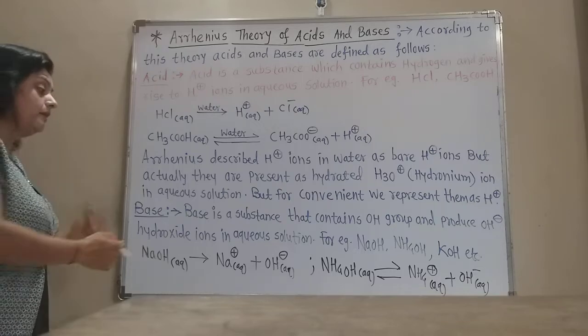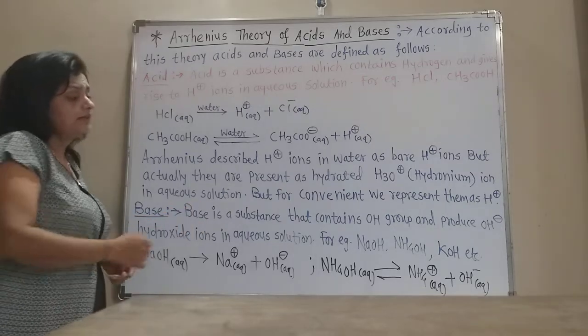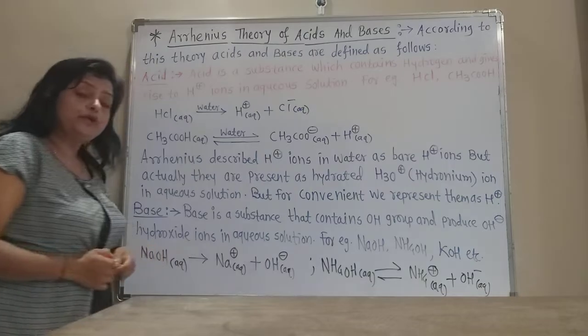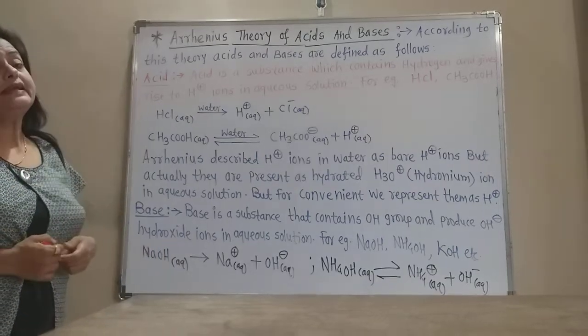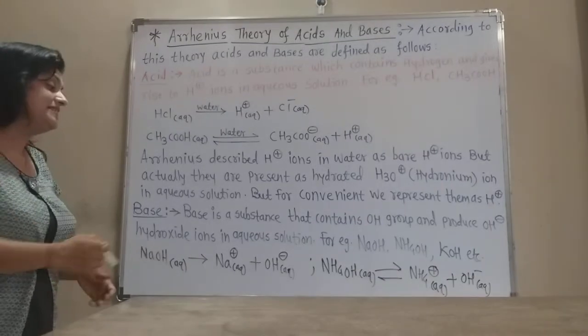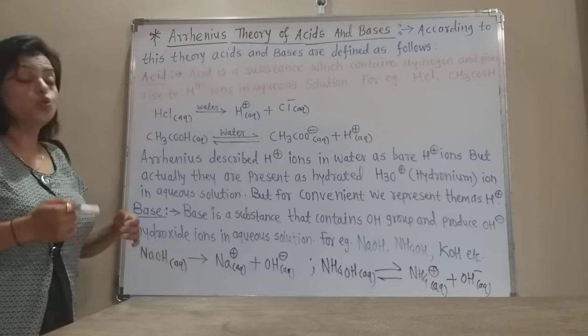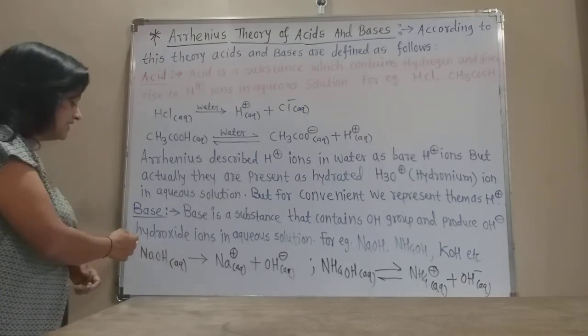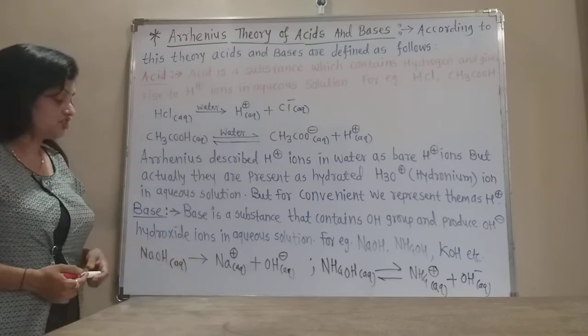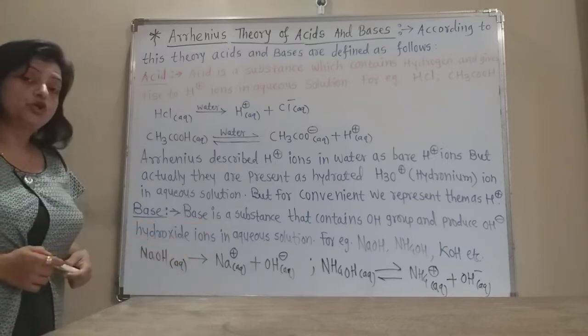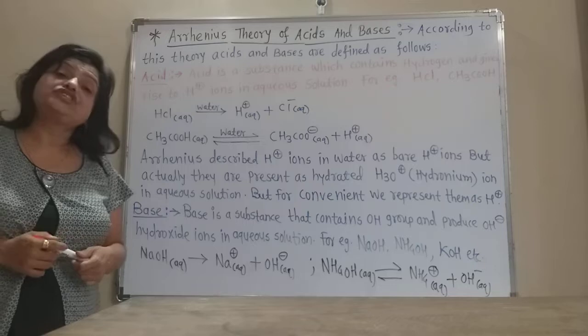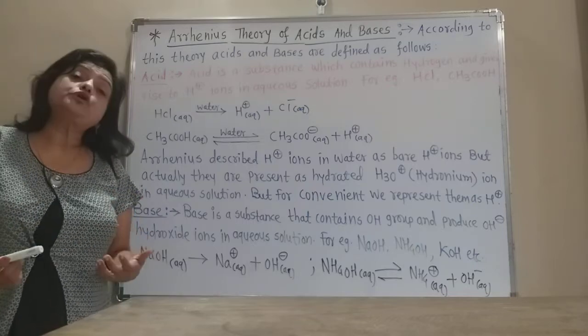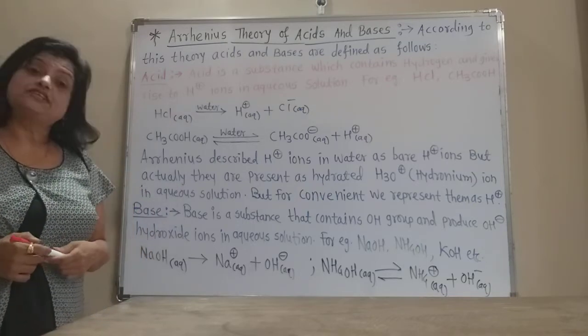Again, a base is a substance that contains an OH group. How did Arrhenius describe the base? A base is a substance that contains an OH group and produces OH minus ions, that is hydroxide ions, in aqueous solution. So a base is a substance which contains an OH group and which produces the hydroxide ion, that is the OH minus ion, in the aqueous solution,